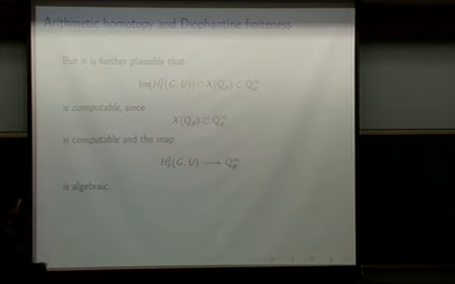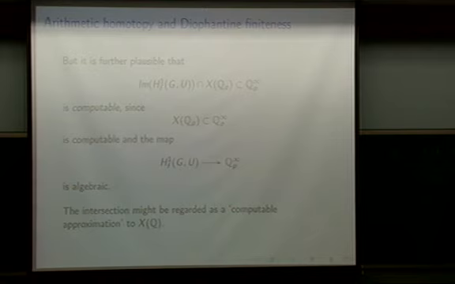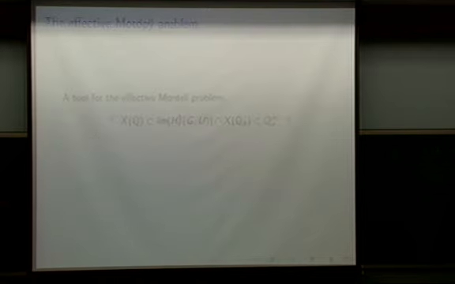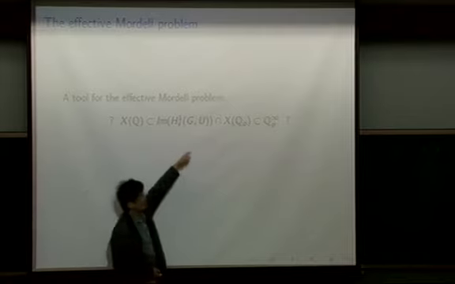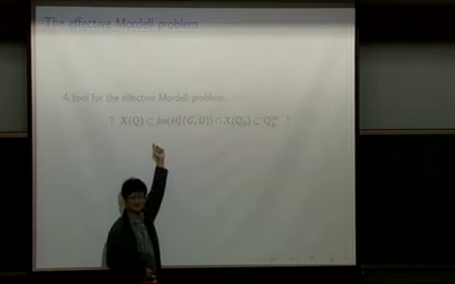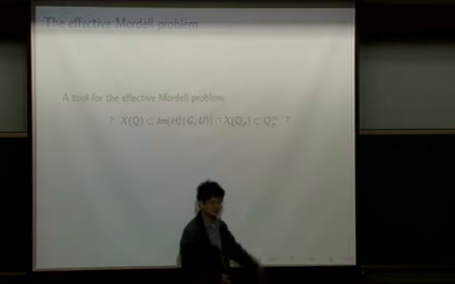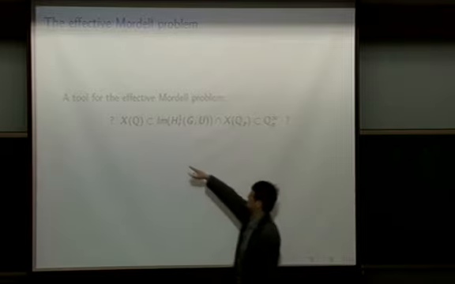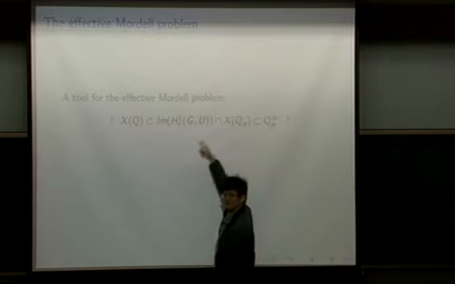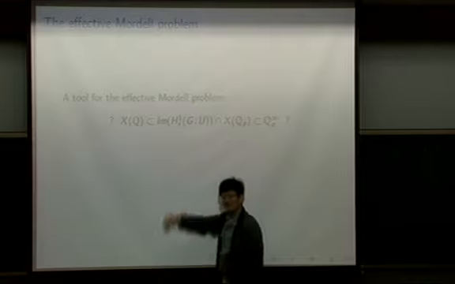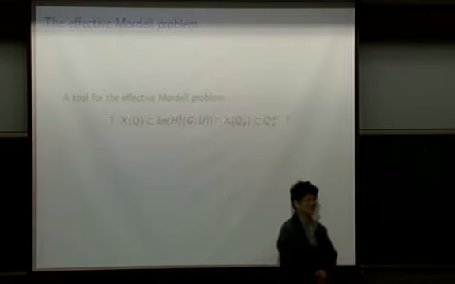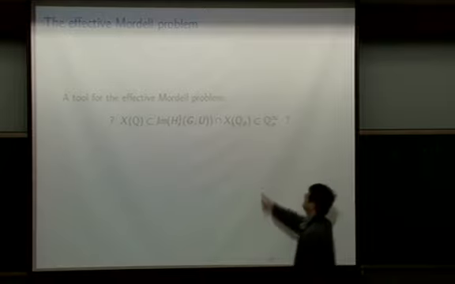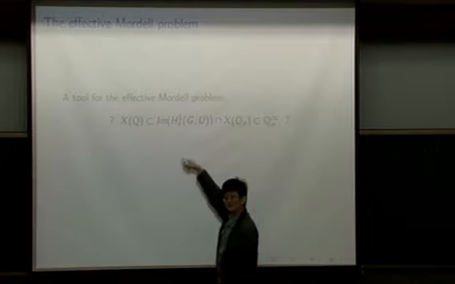And so that's what I'm still thinking about at the moment: I'm trying to view this intersection as a computable approximation to the actual rational points, constructed using P-adic algebraic geometry. Now, if you can do this, in principle, you resolve the effective Mordell problem, because this is a superset. If you've computed this set completely, you can see which of its elements are actually points just by trying out the possibilities. So being able to compute this set is already good enough for computing the points.